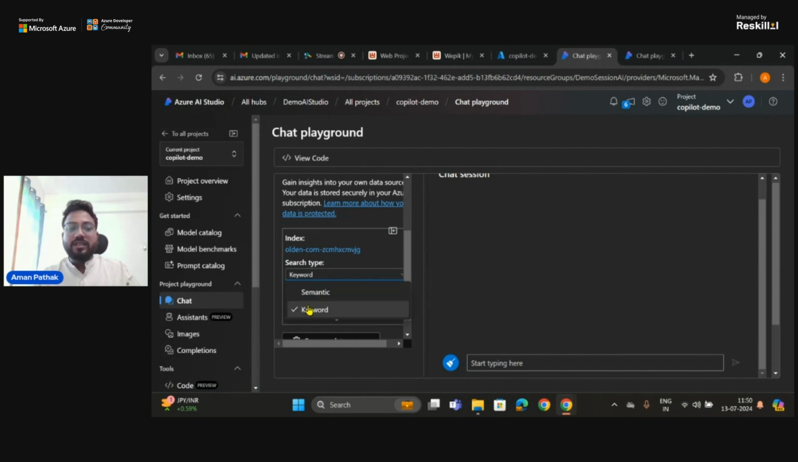It has two kinds of search types, semantic or keyword. It has one more, which vectorizes the data, hybrid: vector plus keyword, and that is one of the best approaches in the market to search your data. But that is only available if you have that particular Microsoft Azure AI offering, and that is very limited to companies as of now. So if I'm searching now,